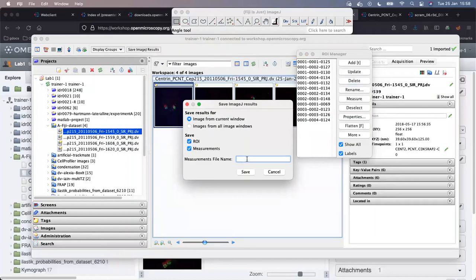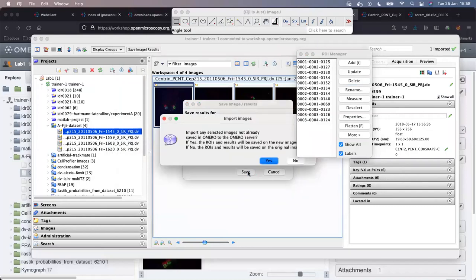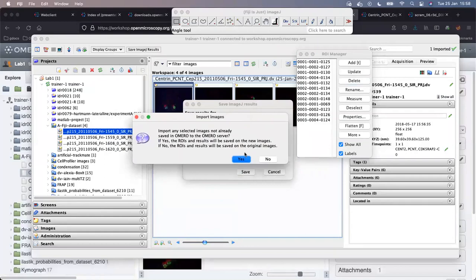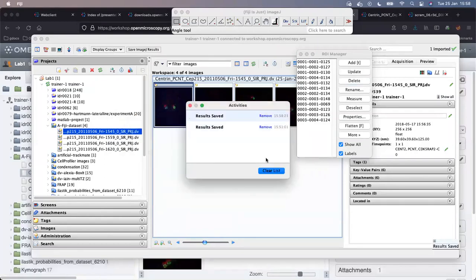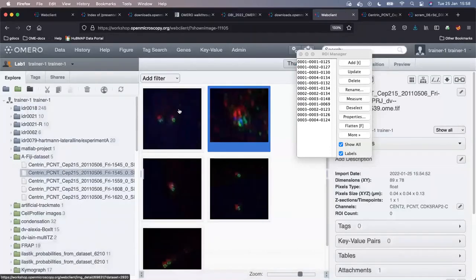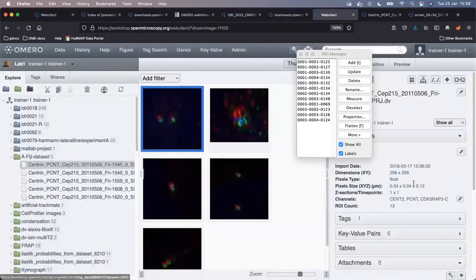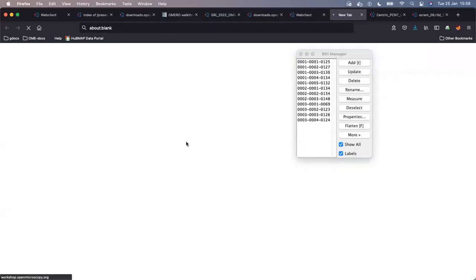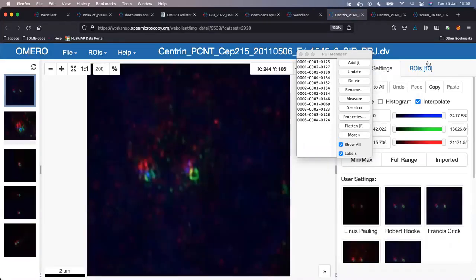Okay. Together, let's say with measurements, serious GBI, and save them. Okay, I have the option to put the ROIs on the new image or on the original image. That's fine. So if I click, I can see here that I have 13 regions of interest, and I can